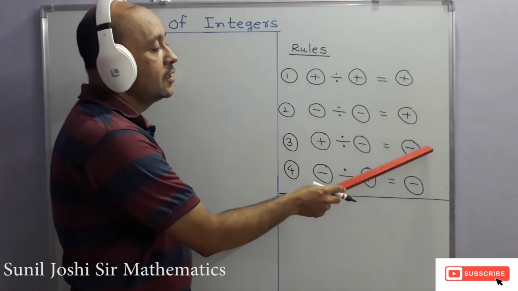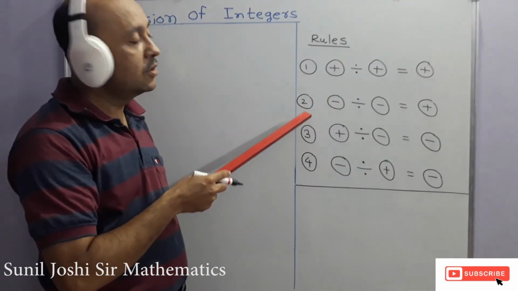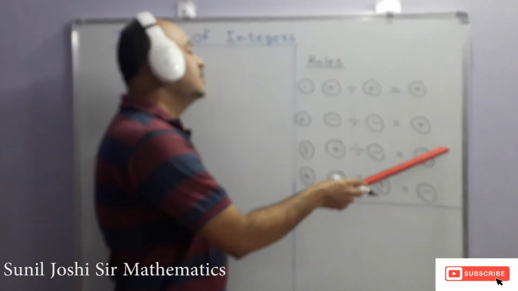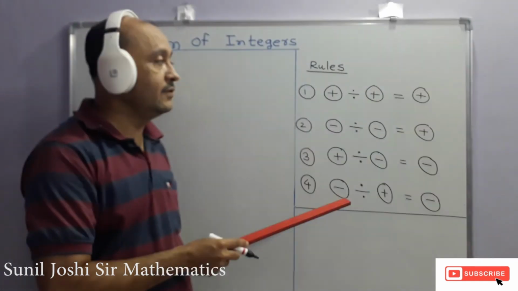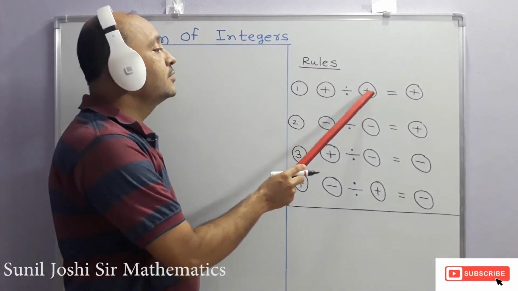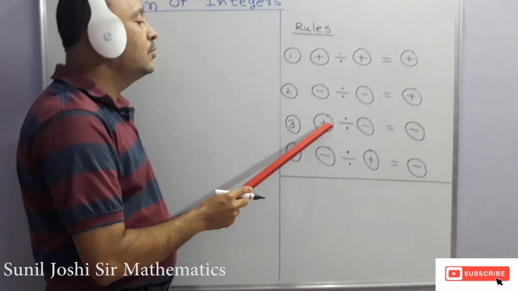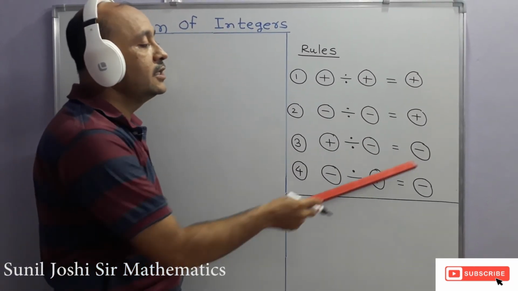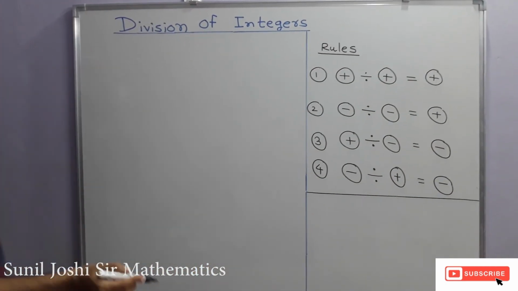We are not going to see here again who is the greater number and who is the smaller number. So once again I repeat, the greater number and smaller number signs, these we are going to see in addition and subtraction, not in the case of multiplication and division. The multiplication and division rules are very clear. Positive positive, the answer is positive, negative negative, the answer is positive, and out of two integers, if one integer is negative, then their division is negative. So let us go to the very simple examples based on these rules.